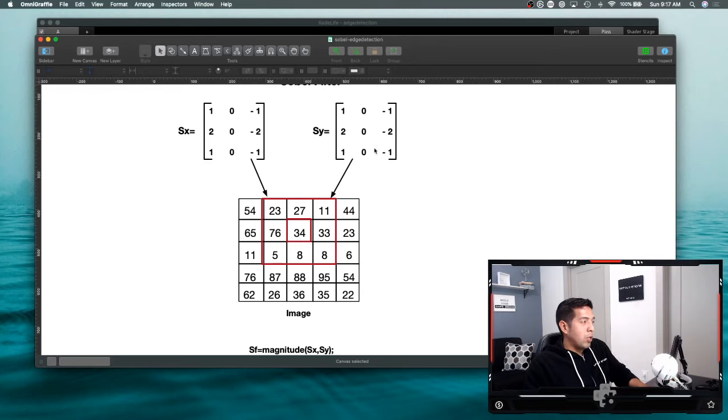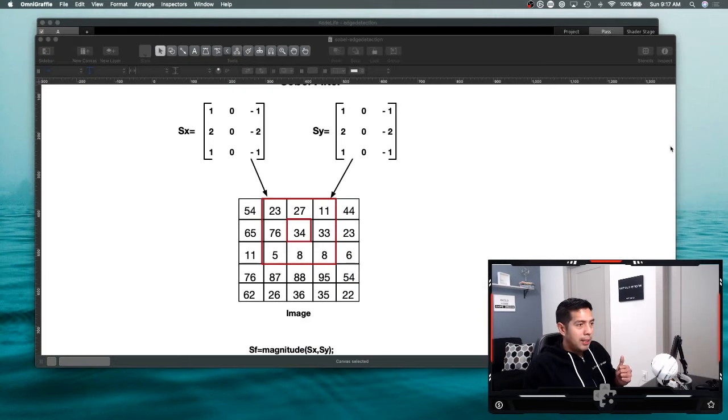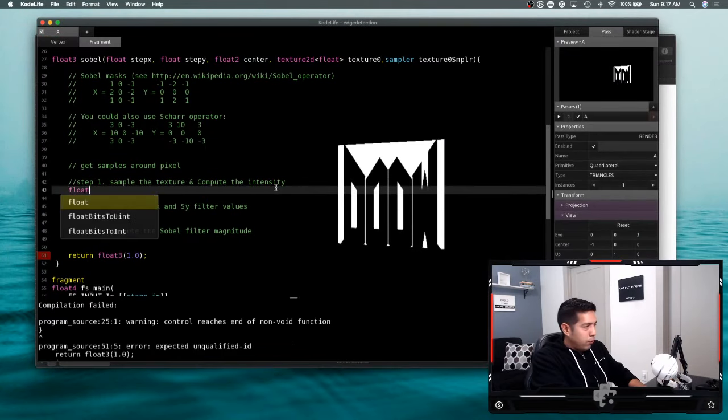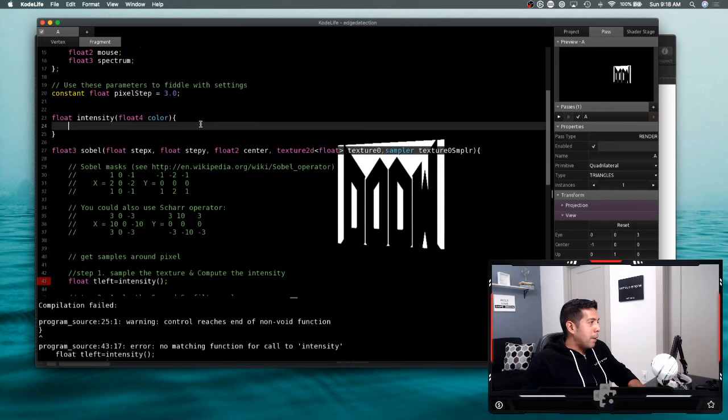All right, so we're going to start out with sampling. We're going to sample the one on the left, which is this one, and we're going to compute the intensity first, and then multiply, in this case, times 2. Right, so let's call it like this: float tLeft equals intensity, and that intensity will basically compute